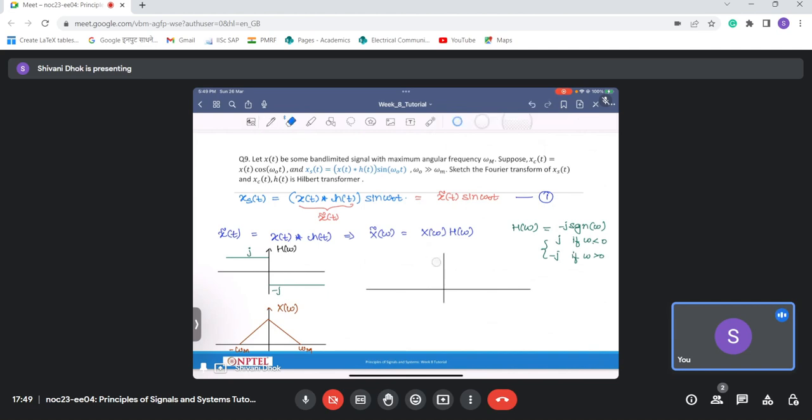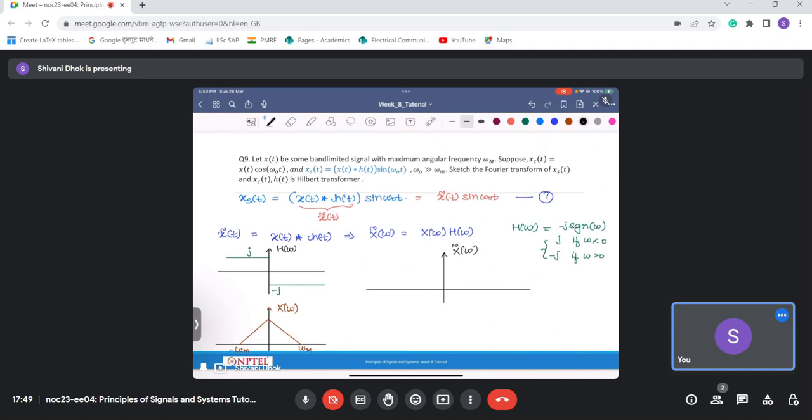So let's say this axis corresponds to x tilde of omega, and x tilde of omega is basically the multiplication of these two signals. So this negative part will get multiplied by a factor j, and this positive part will be multiplied by a factor of minus j. To indicate that, I'll simply write j and minus j in the corresponding parts,